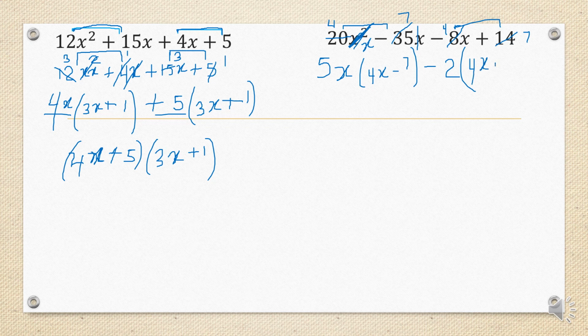4x plus 7. Final step is to put the terms on the outside in brackets. 5x minus 2 in brackets and 4x plus 7 in one bracket. And there we have it. Okay, so if they give you the quadratics like